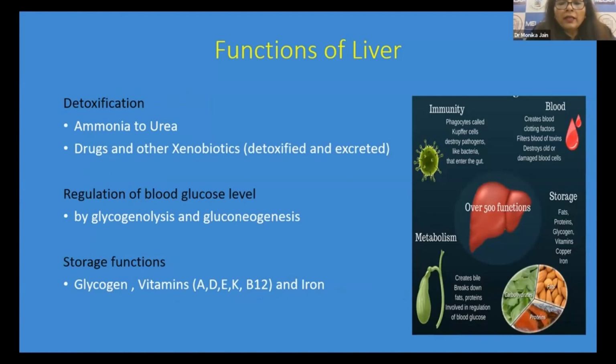We all think that pancreas is the regulatory body for diabetes, but now we know that liver plays a very important role in glucose metabolism by glycogenolysis and gluconeogenesis. Storage function, we know that glycogen, different vitamins A, D, E, K, B12, and iron, they all are stored in